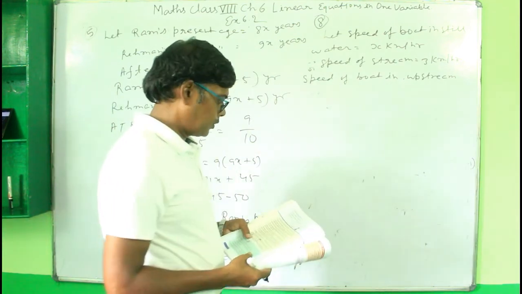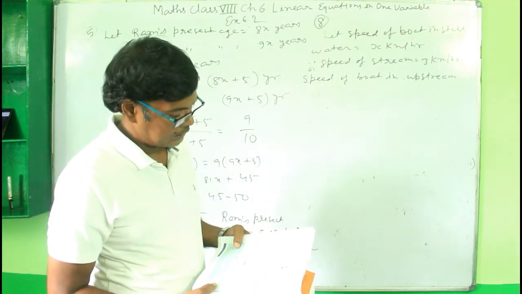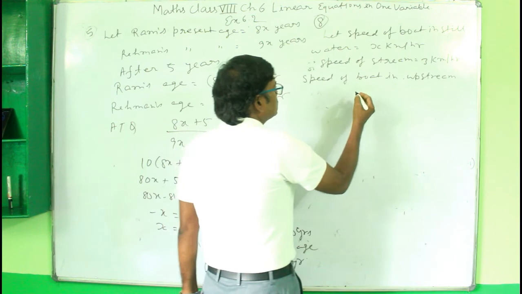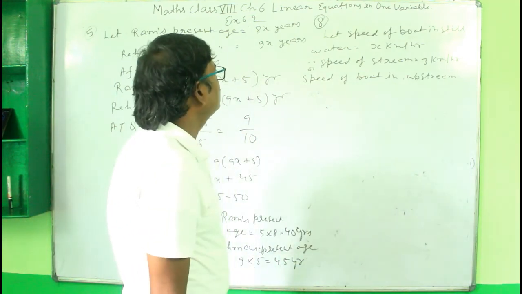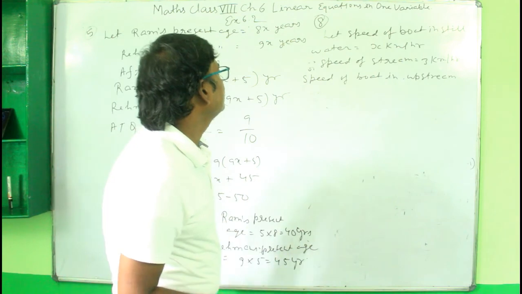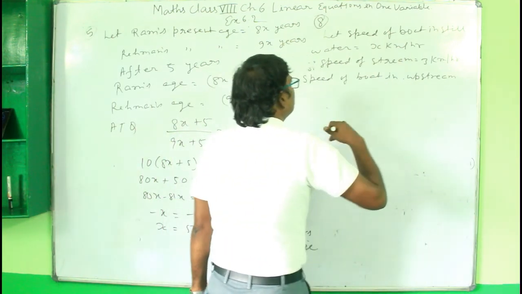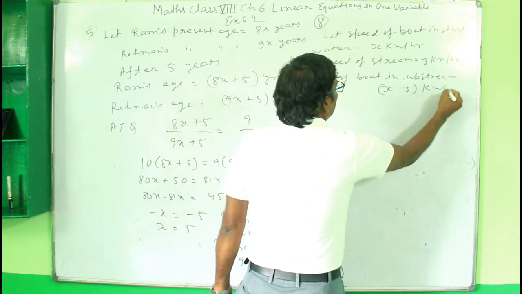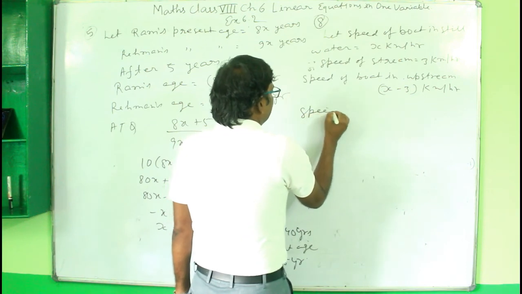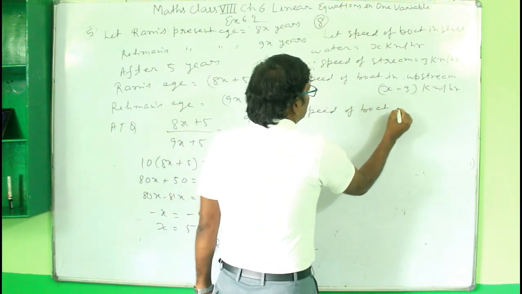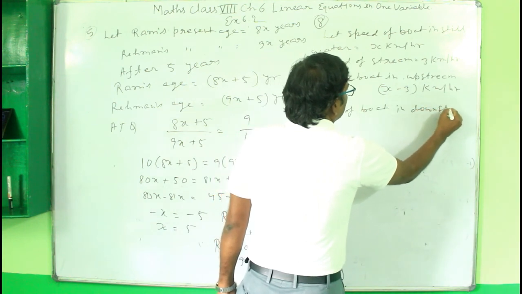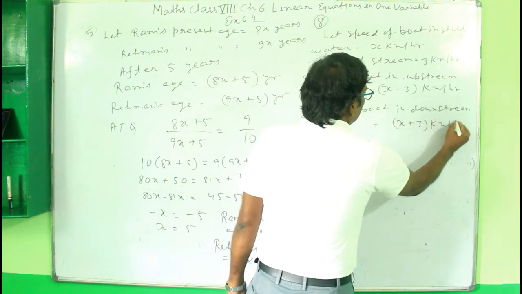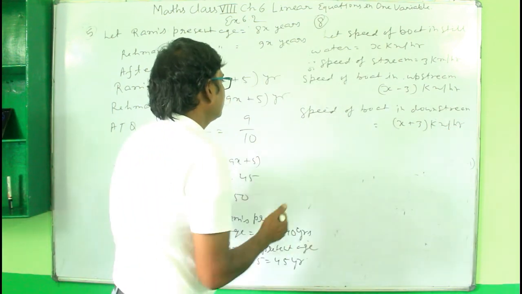In this question we are not given the distance here. The speed of the boat in upstream will be equal to x minus 3 km/h. The speed of the boat in downstream equals x plus 3 km/h. Okay, and according to the question,